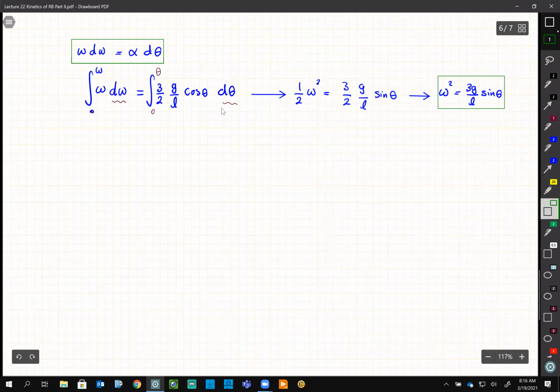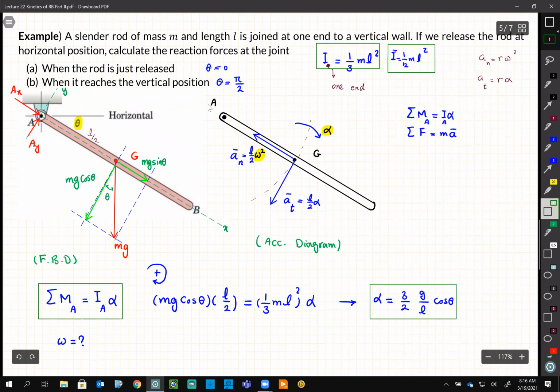So I want you to do a quick check here. Let's move back to the previous slide that we just saw. When I release this link from the horizontal position, forget about the notes for now, just please pay attention to my question because it's important. Imagine that we release this link from the horizontal position. We keep it with our finger and then we release it. At the very first moment that we release it,